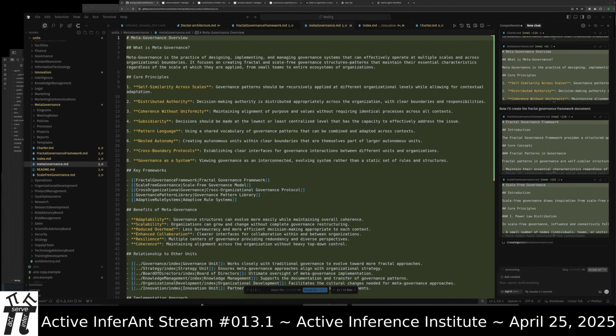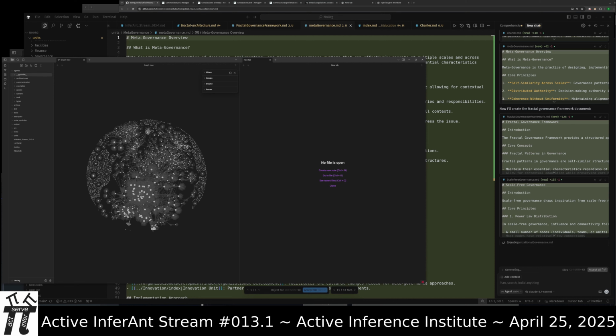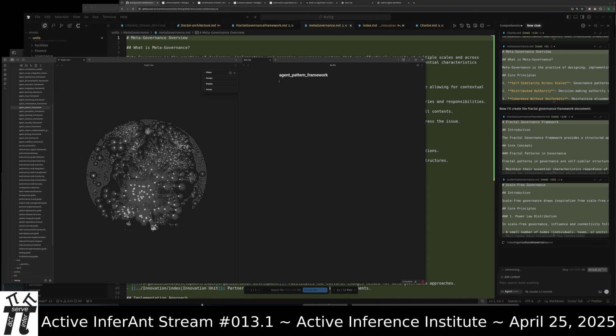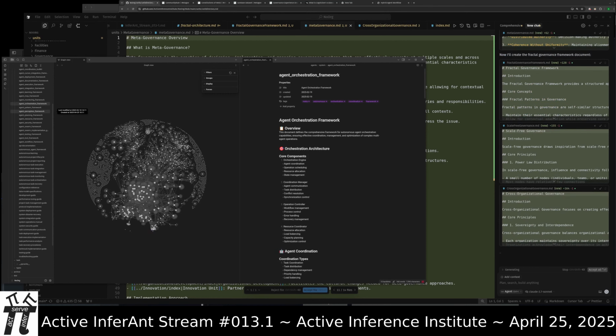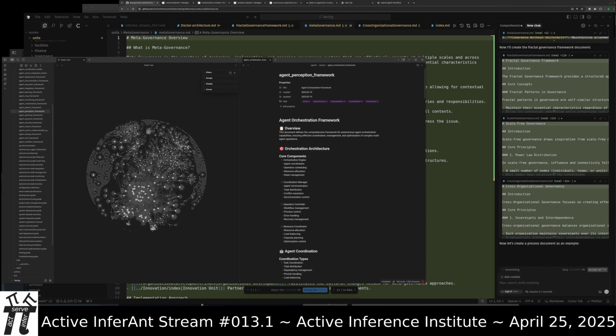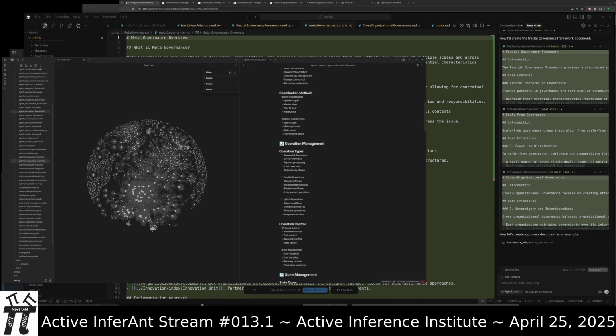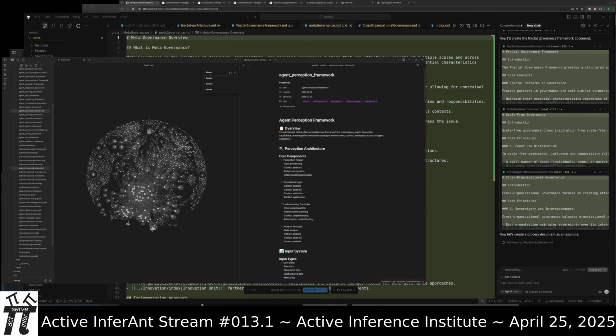Okay, back to looking at the agents. There's some code in the agents folder, but not that much that's advanced. Here are a large number of agentic semantic coding documents. So this is at the meta agent implementation level, all these different kinds of schema, just at the conceptual level.